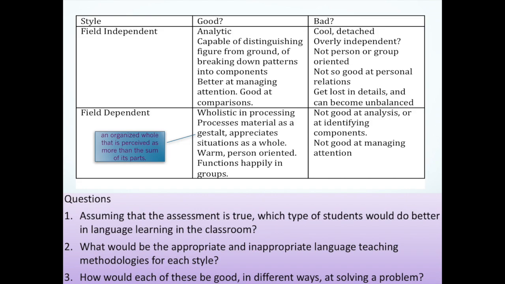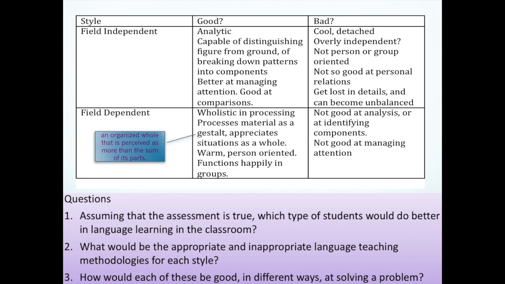When it comes to some of the shortcomings of each type of learner, field-independent people are considered to be more detached, overly independent, not so good at personal relations, whereas the field-dependent people are not good at analysis or at identifying components. So some questions to ask at the bottom of the table are: assuming that the assessment is true, which type of students would do better in language learning in the classroom. There are other questions that you can explore as well, which I also will leave you to think about